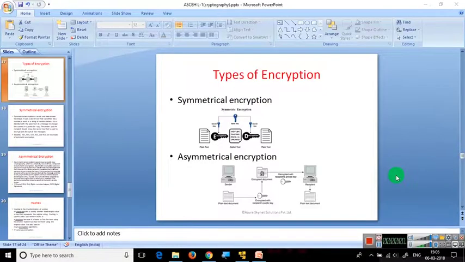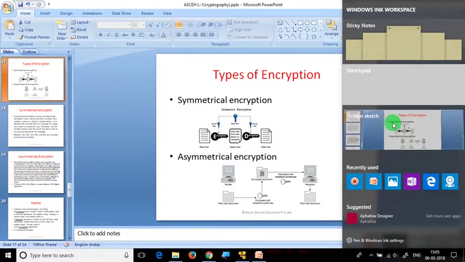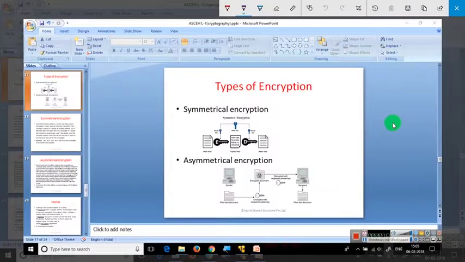Hello all, welcome back. In this tutorial I'm going to explain the different types of encryption. There are usually two types of encryption, symmetrical encryption and asymmetrical encryption. In symmetrical encryption, let me first explain it, then we will look at the actual PPT definition. So in symmetric encryption, the same key is used to encrypt the message as well as decrypt the